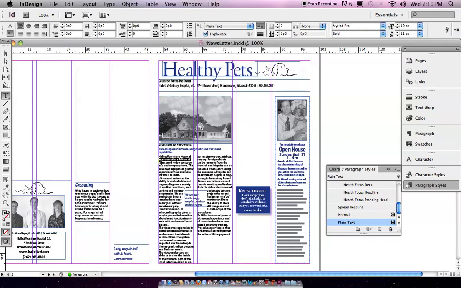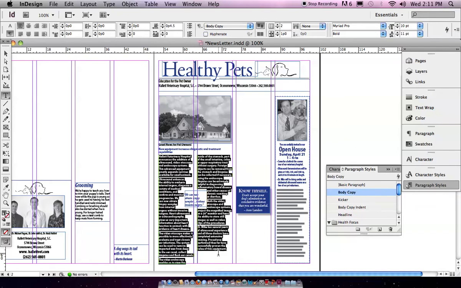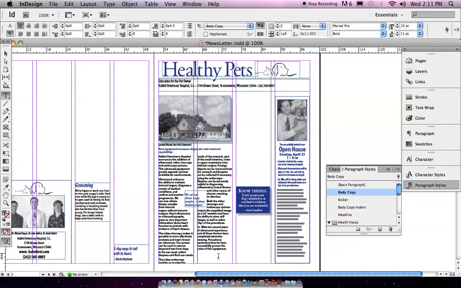Maybe we want to select all the rest text and change it into body copy. Okay. Select all the text, all the rest of the text, and then change it into body copy. And once you are done,